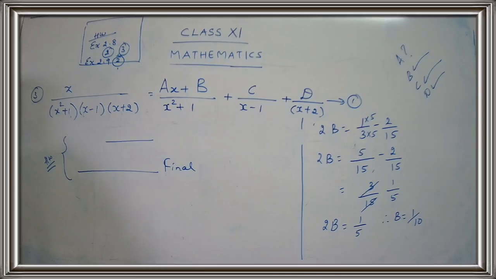Okay, children? So what's your homework? Your homework is from 2.8 question number 2 and 3, and from 2.9 you have to do the second sum, and also you have to complete the last 2 steps. Only you have to substitute the value for a, b, c, d, and write down the proper answer. You will have the answer in the form of a fraction, so bring the denominator to the denominator part. Okay, children? So we will be continuing with the remaining sums in the next class.